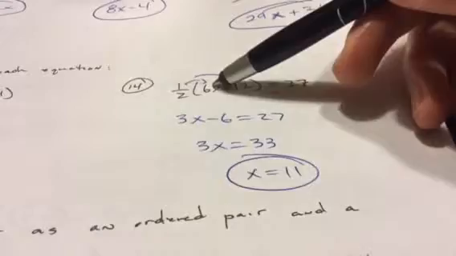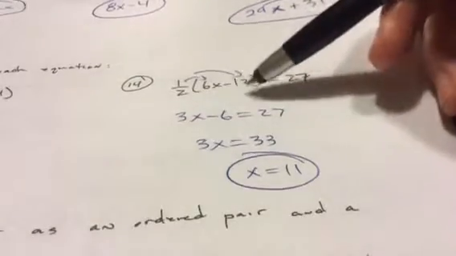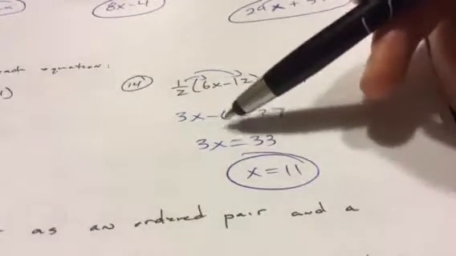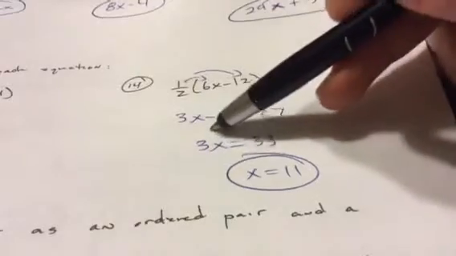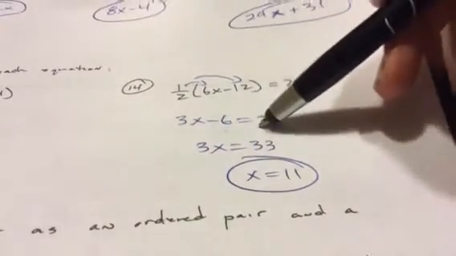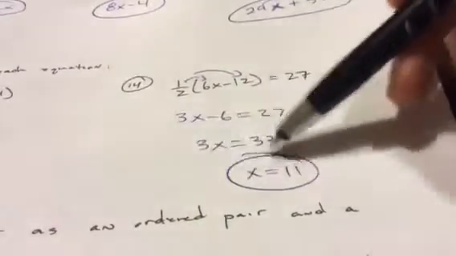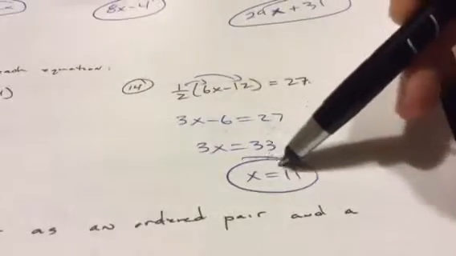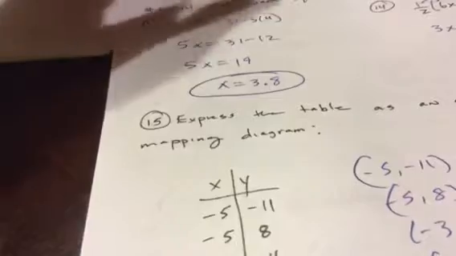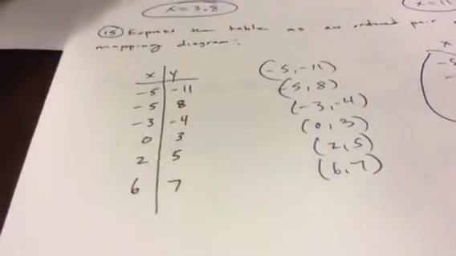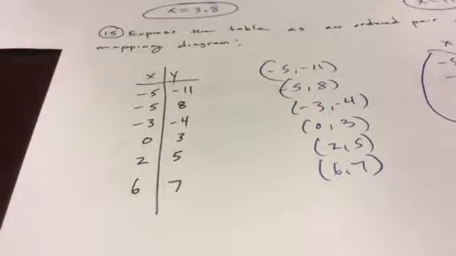Take half of 6, that is 3x, minus half of 12 is 6. Sorry, add 6 to both sides. So do the opposite, add 6. 3x is 33. Divide both sides by 3. X is 11. Folks, negative 5, negative 11 is your first ordered pair, followed by negative 5, 8, negative 3,